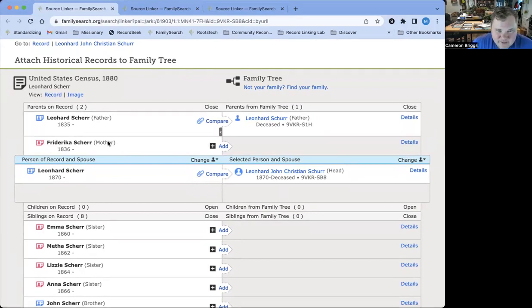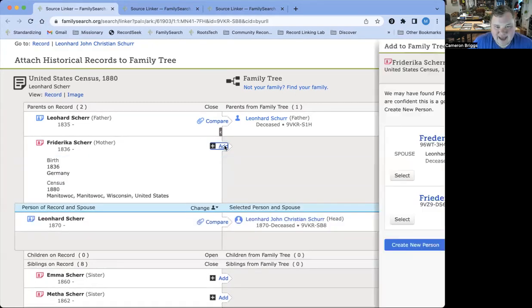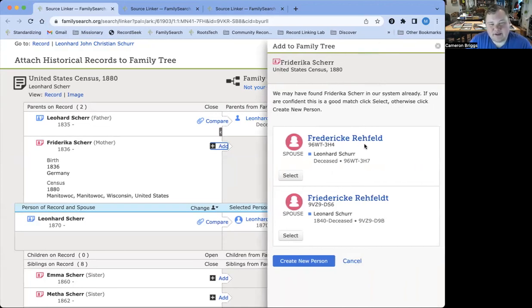So one thing to consider is that looking at the census, obviously the last name is her married name and not her maiden name. And so when we do click to add her in, FamilySearch is going to go out and see if it finds a match anywhere. And so we have two of these, which have a seeming maiden name listed here with the proper Lenhard Schur as the married name. So I would